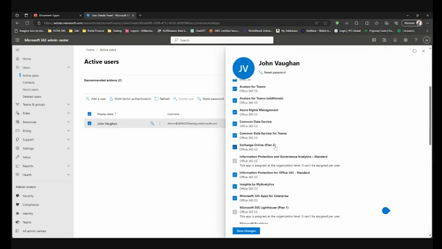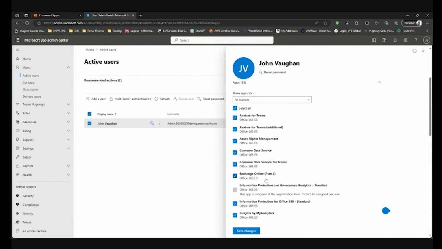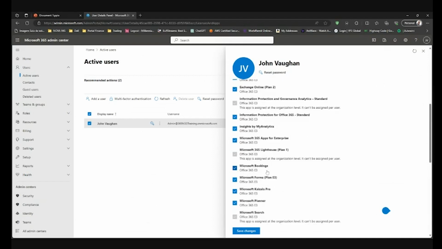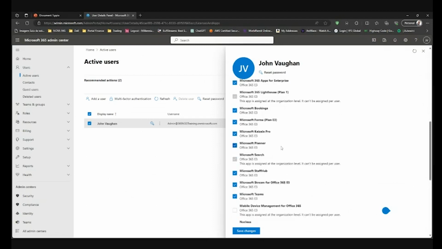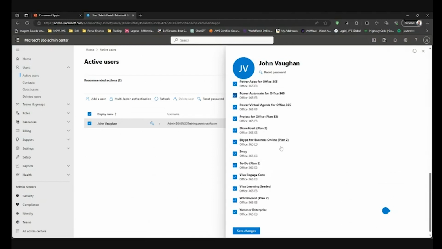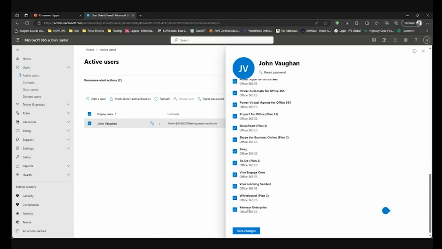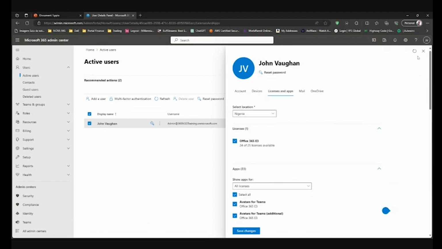Exchange Online Plan 2 that you see here is for emails. So if you have an Exchange Online license or service, you can always know that this is going to automatically provision a mailbox for my user. It will create a mailbox for my user. If you scroll down, you would see Microsoft 365 apps for enterprise, which I'm going to show you later on, and some other services that are available to the user. All right, go out of here, and then